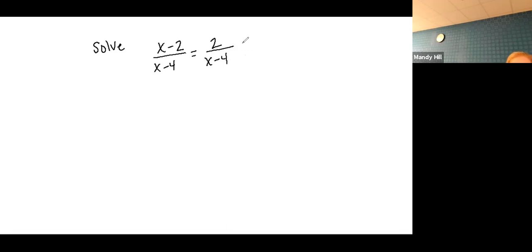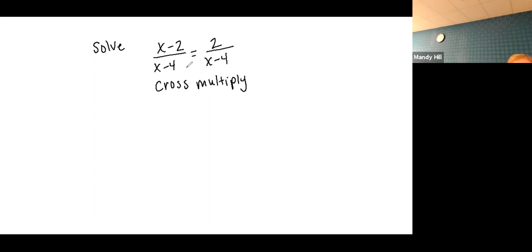Okay. So I think that it would be appropriate to do the same thing that we did before, because we've got x's all over the place. We really need them all to be either on top or on bottom. So if I cross multiply,